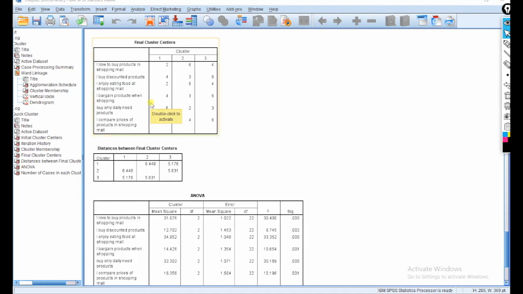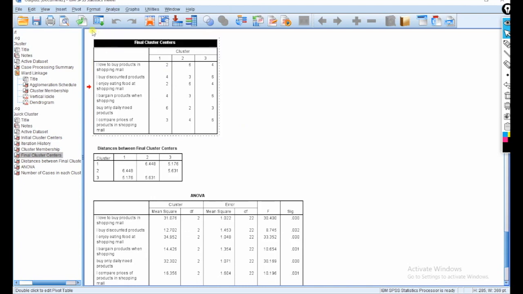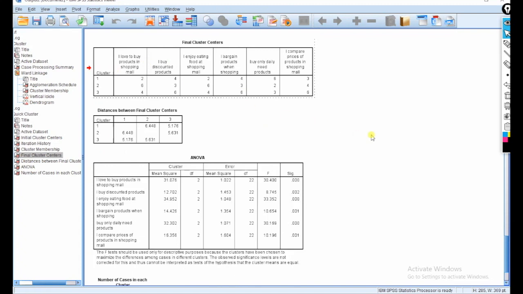This is the final cluster. So we can interpret our result on the basis of this final cluster. We can give names to the clusters. In the first cluster you can see the rating is less, here less, and here high. So in all 3 questions, they buy only daily need products, they don't enjoy eating food, they don't enjoy buying products in the shopping mall. So we can give this cluster the name passive